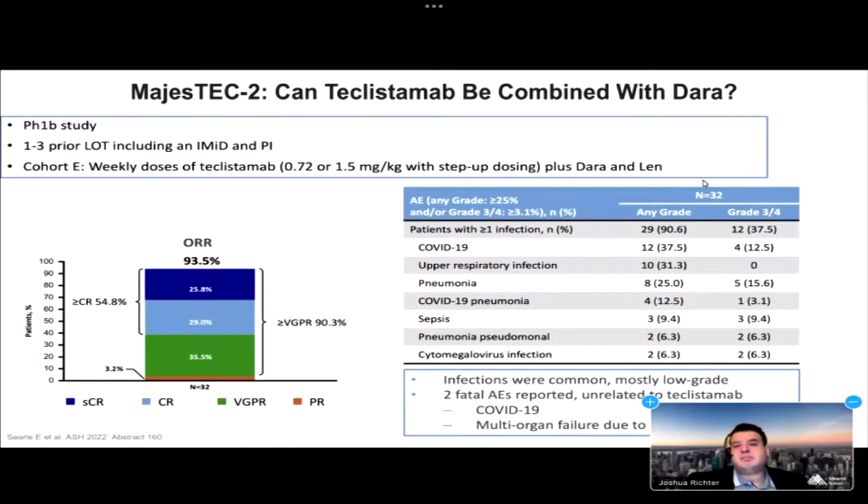We love to combine because if one drug is good, two is better, and now we love 3 and 4 drug combinations. Well, one of the first areas that looked at this was the MajesTEC-2 study combining teclistamab with daratumumab, and this was done in an earlier line of therapy with 1 to 3 prior lines. We noted that the response rate here is quite impressive at 93.5%, but it is important to note that the